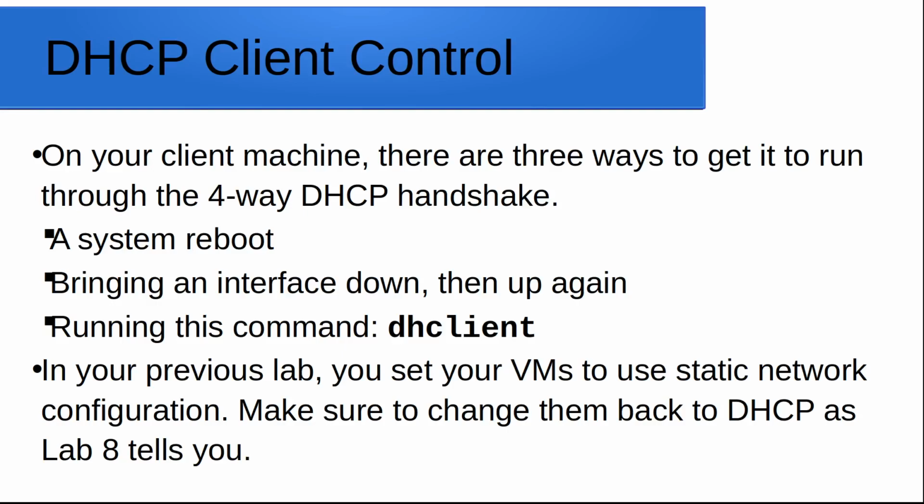Now, there's 3 ways on the client to get it to run the 4-way handshake and request a new IP from DHCP. Because it might fail the first time, right? Maybe the server wasn't up, and it's going to fail because you forgot to bring the server up first. So you bring the server up, and then what do? Well, you could reboot the system. And that's the least